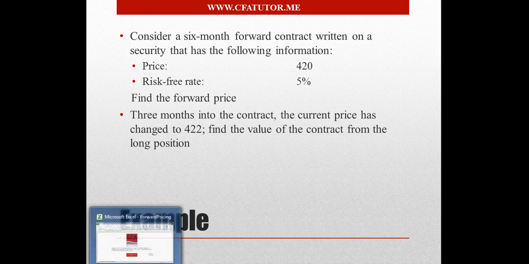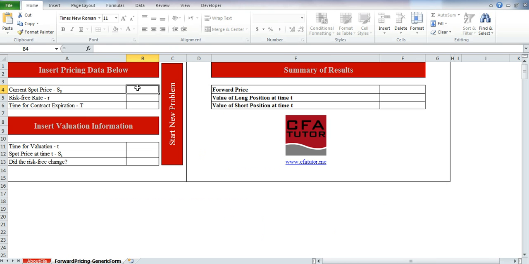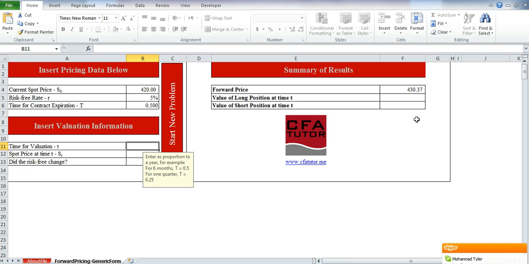So all we'll have to do over here is to move to the Excel file and enable the macro in case you haven't enabled it for the file to work properly. And then you will click on the link here and you will enter the information we have. We have a price of 420, and then we have a risk-free rate of 5%. A 6 month, and then you get the price over here to be 430,